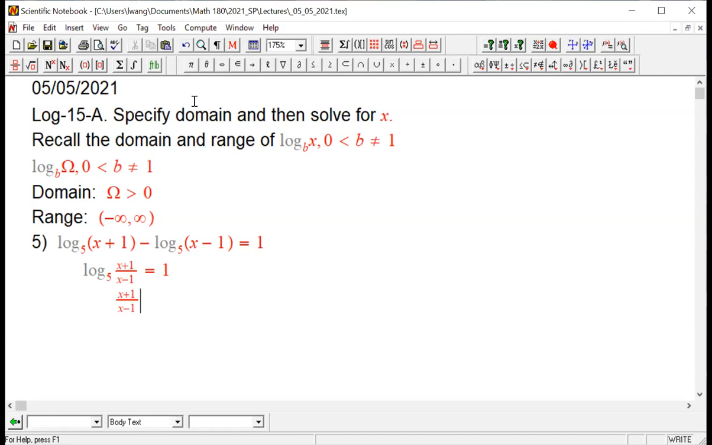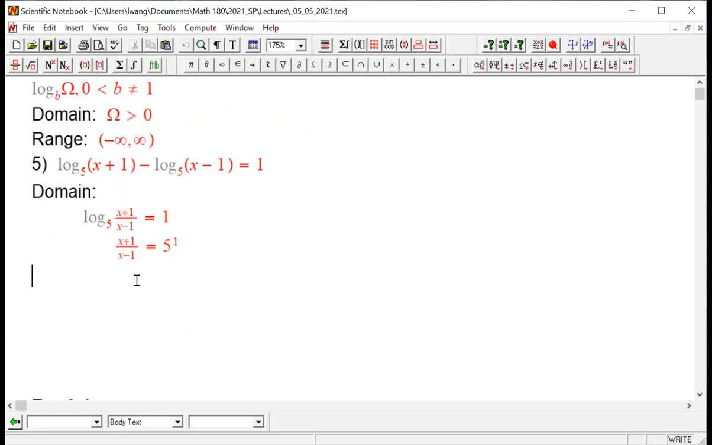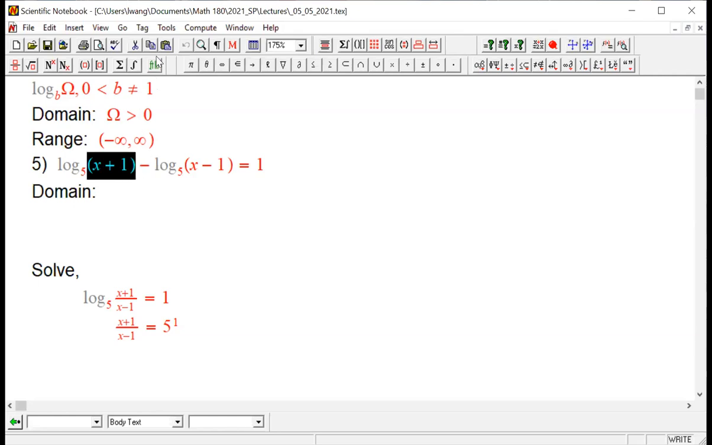oh, we haven't done the domain yet. Wait a second. Yeah, we need to do the domain, okay? So this is going to be equal to 5 to the power of 1. Okay, so I'm going to insert the domain here. The domain consideration. Okay, my bad. Totally my bad. So we're gonna come back here because I want to make a point that domain is very important. And then the solving part comes next. I apologize. On the domain part, we need to guarantee that x plus 1